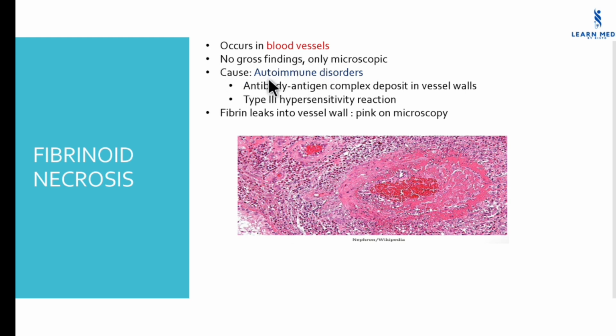It is mainly due to autoimmune disorders. There is antibody-antigen complex deposition in the vessel walls, and it is a type 3 hypersensitivity reaction. Fibrin leaks into the vessel wall and appears pink on microscopy. Here we can see a pinkish color on microscopy, which is due to the